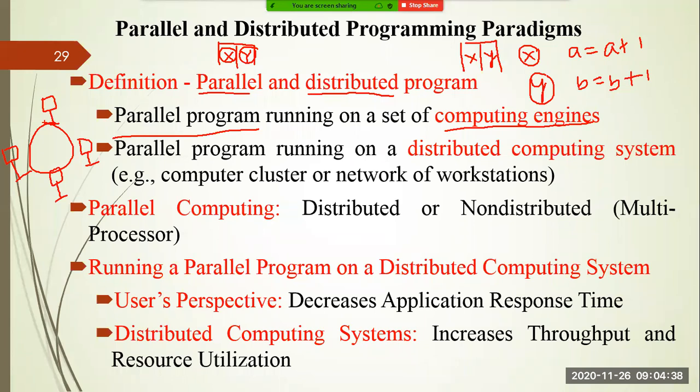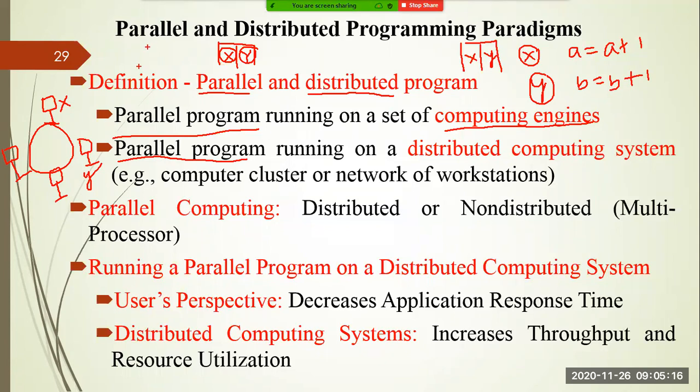Or you can see a parallel program running on a distributed computing system. The program is again parallel. So you have written a program like this: X work you have assigned to one computer system, and Y work is given to another computer system. In this case, the locations of these two systems are different. But in a parallel system, in a single computer, you have multiple cores that can be visualized as a parallel system.